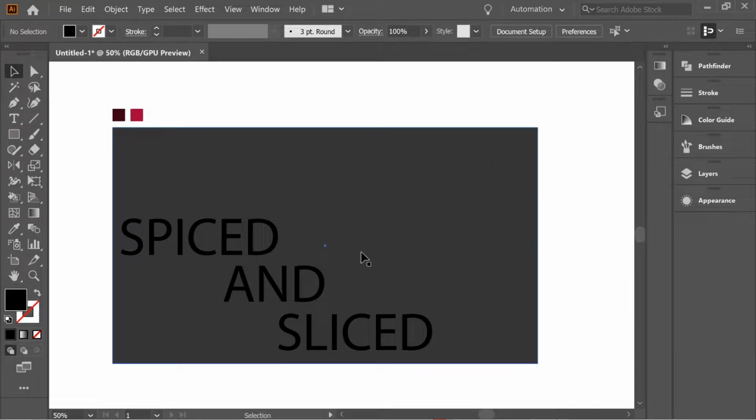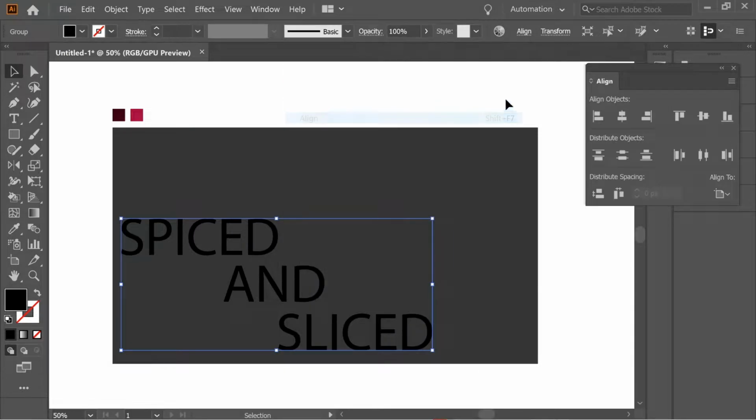Hello guys, so I'm gonna do the sliced effect. So I drew here a rectangle and I have here 3 words I wrote separately. I'm gonna select all, right click, create outlines, then Control G to group, then go to Window, Align, and align